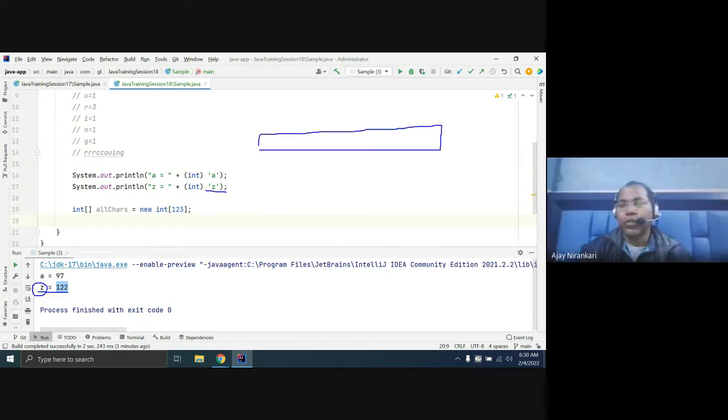So you need a place for 122. Array index always starts from 0, right? So your length should be 123. You start from 0 to 122, so this is 122 plus the 0 index. Due to that, we are getting 123 length.